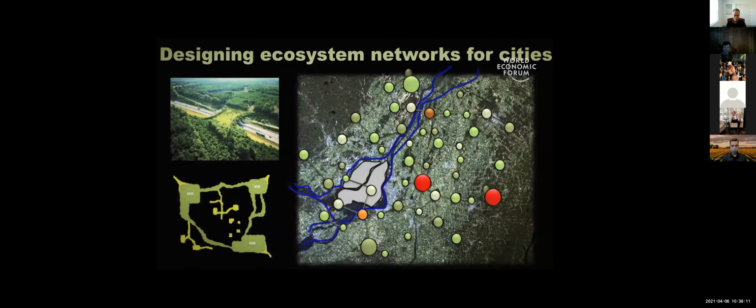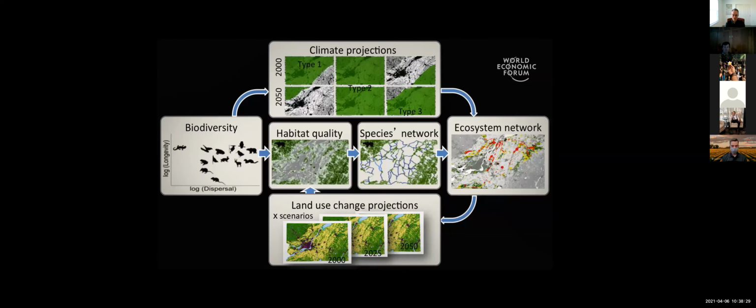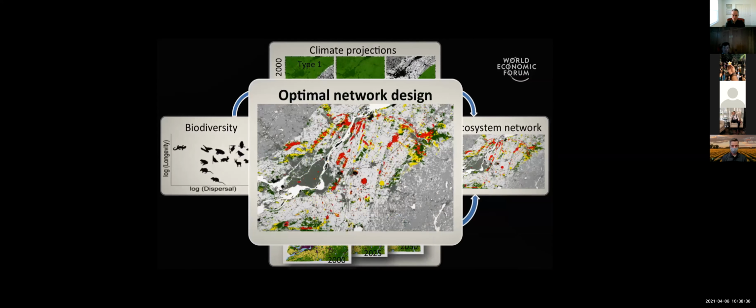I think network science is both profound and practical. So how do we do that? We combine biodiversity science and network science and many different land cover data on habitat quality, ecosystem quality, and the needs of many species. And then we combine projections from regional climate models and our own land use change models to assess how connectivity has changed in the past, how it is today, and how it will be in the future. Our methodology allows us not only to identify connectivity, but also estimate the contribution of each ecosystem to the connectivity of the whole system.